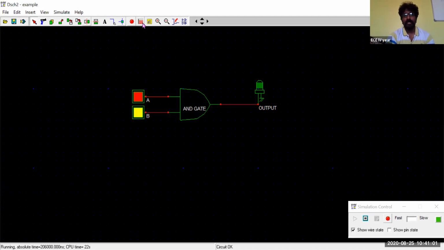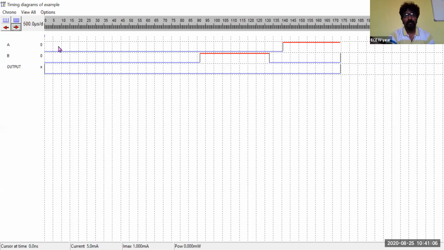So now let us see the timing diagram. See now, for the entire thing, this is A, B, and output. For 0 0, output is 0 for the initial case, then 0 1 0. Again 0 0 has come while switching, then 1 0. Okay, we have not completed 1 1 yet.